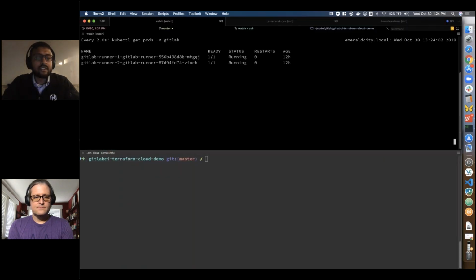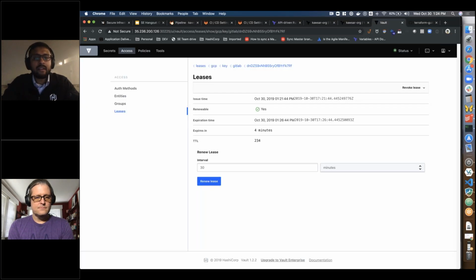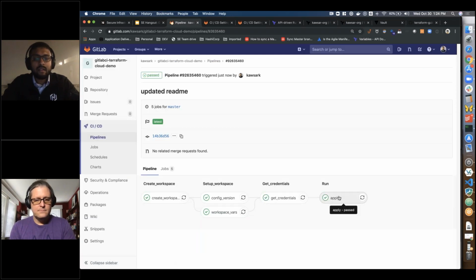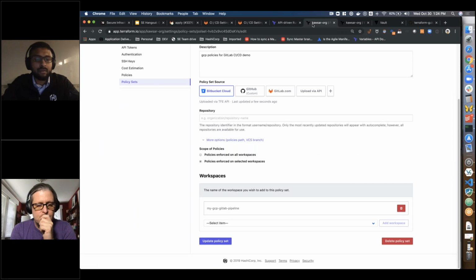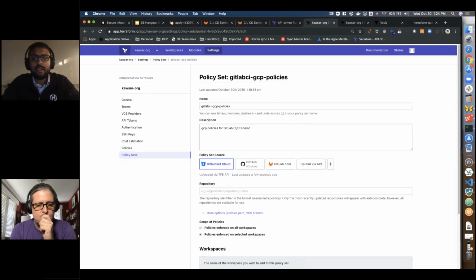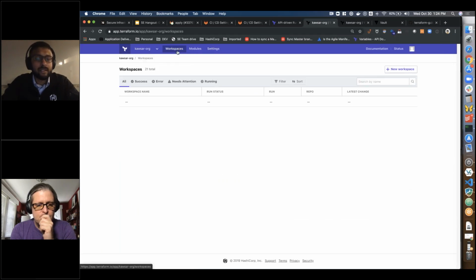All right, so that's the Sentinel and the Vault pieces. Let's go back to our apply stage, and if you look at the output, you'll notice that it has created that run in Terraform Cloud. It actually gives you a URL where you can go and check out what that run was. So if we go back to the workspaces view,